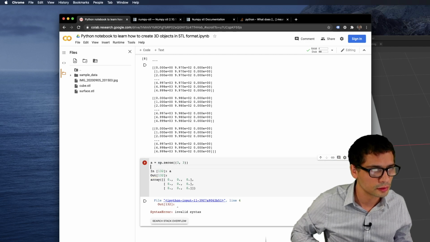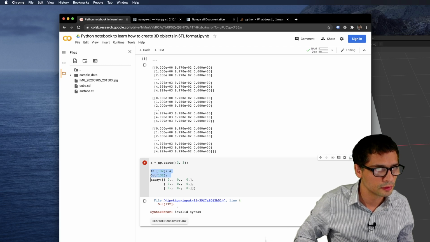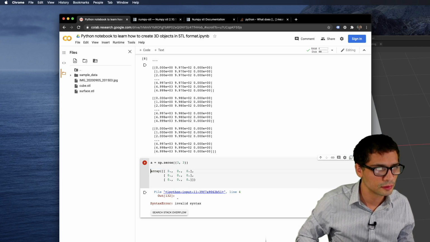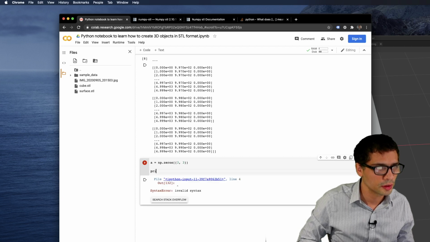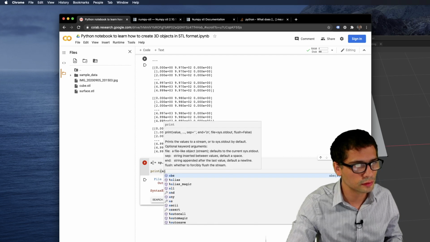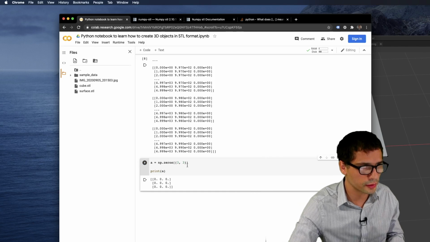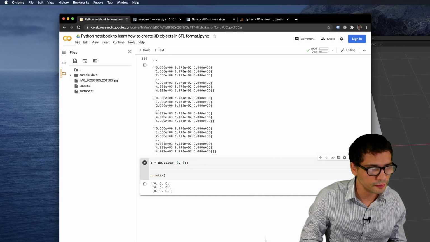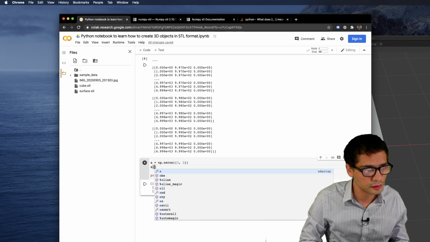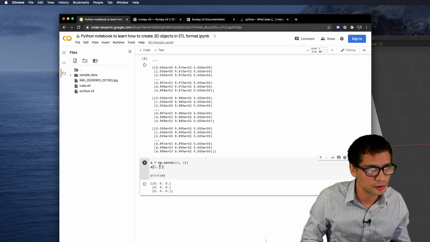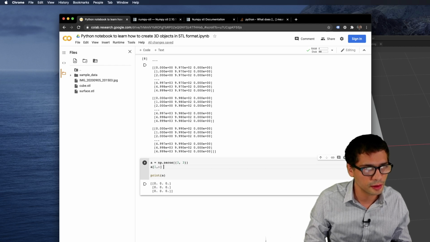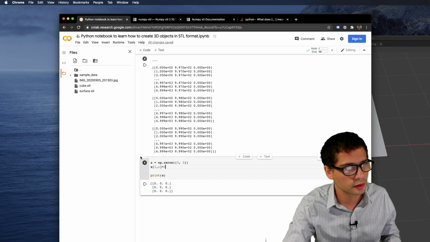NumPy. Print A. Right, so if I set A of 1, just like an example, let's see what happens.